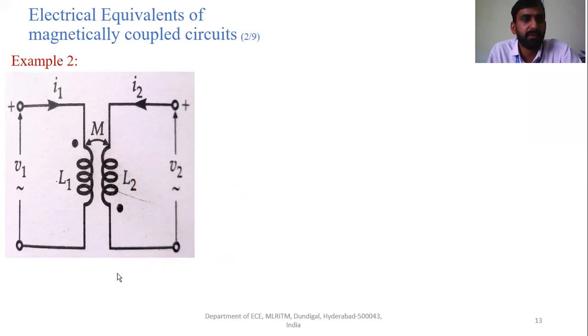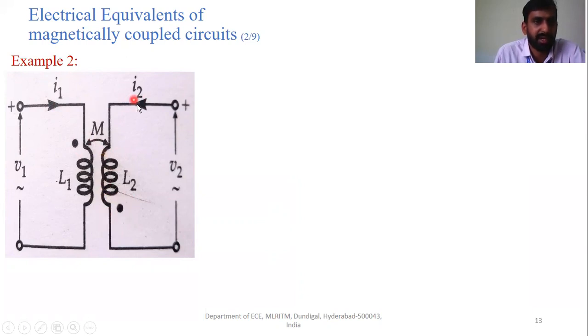In this example, you can check this one. In the left side loop, you can observe here, the current is entering through the dot. The current is entering through the dot, whereas here the current is